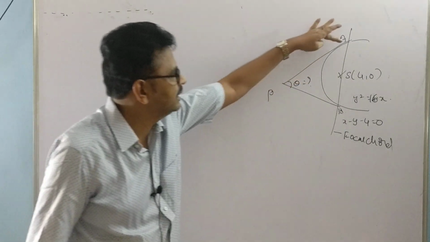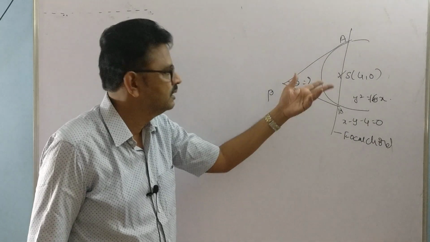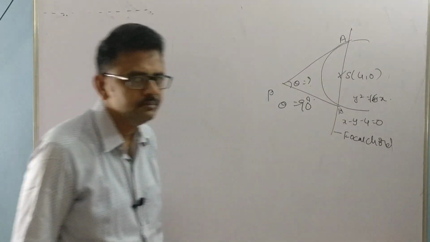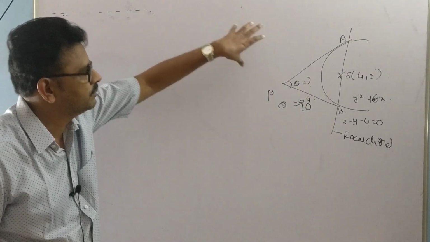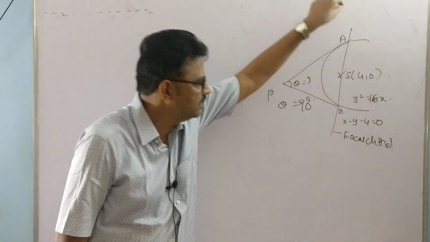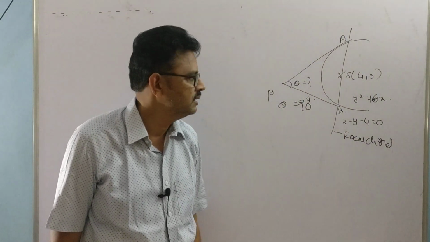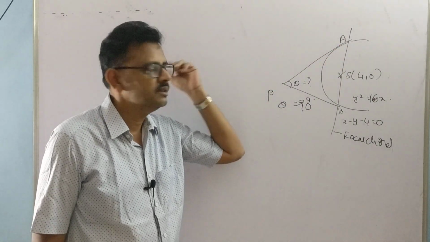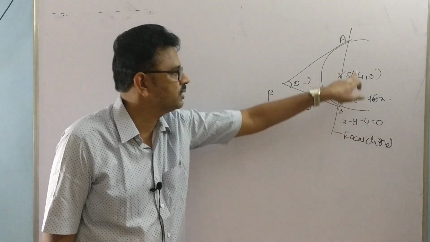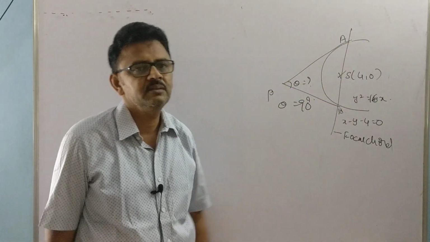So the tangents at the ends of a focal chord of a parabola intersect on the directrix at an angle of 90 degrees. Therefore, simply theta equal to 90 degrees. If you have an idea about that previous point, it is easy to solve the problem. It is not given that the chord is a focal chord; you check whether it is a focal chord or not. If not, there is another process, that is different. So clearly the chord is a focal chord, so the angle is 90 degrees. If the point lies on the directrix, the angle is 90 degrees.